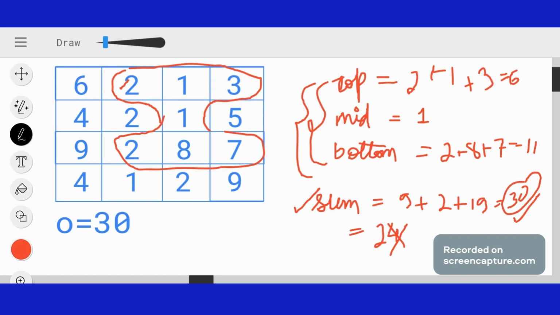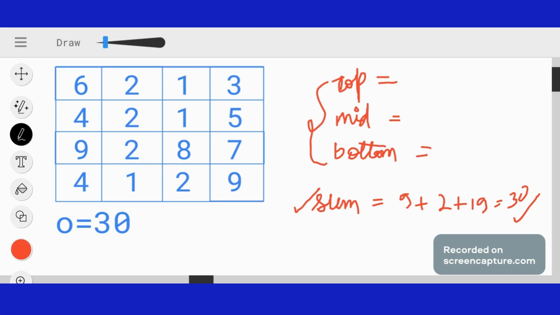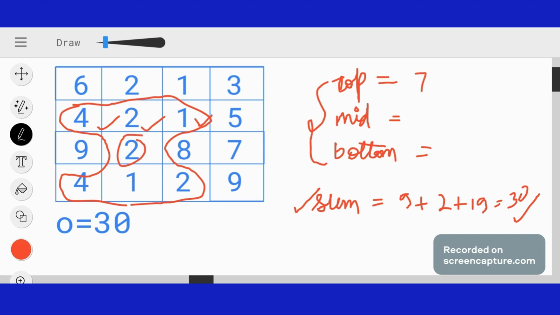Okay. Now let's find out the sum for the next hourglass. This is our hourglass. So the top elements 4, 2, 1. What is the sum? The sum is 7. What is the middlemost element? It is 2. What is the sum of the bottom elements? It is 7. If we sum these 3, what we will get? We will get 16. Is this less than or greater than 30? It is still less than 30. So we won't update our sum. It will remain 30 because we need to return the maximum sum. Now let's move to the next. This is our another, okay.